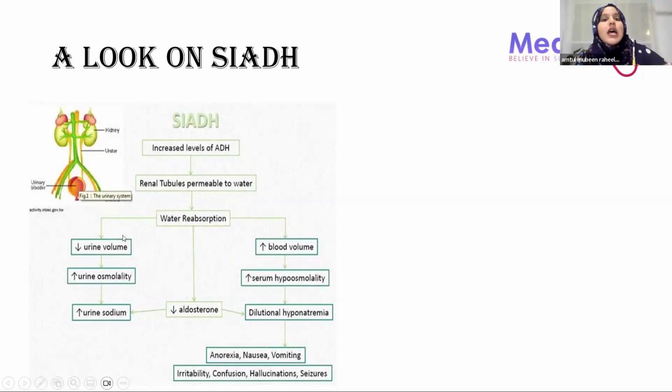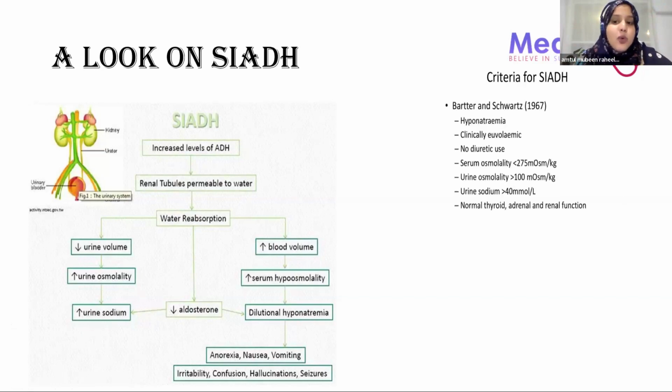So with polyuria, okay, fine. What is the urine osmolality? If it is on the lower side, generally you get diabetes insipidus or primary polydipsia. And if it is on a higher side, then you are going to go for SIADH. Look at the urine osmolality. That's why the next step is to look at the urine osmolality, and then you look at the urine sodium. Now, what is happening? Urine is not coming out. Where is the water? It is in the body. So it's causing the dilution of sodium. So it's going to cause dilutional hyponatremia. You know why there is hyponatremia, guys? Yes, because whatever sodium is in the body is getting diluted because of the excess water.